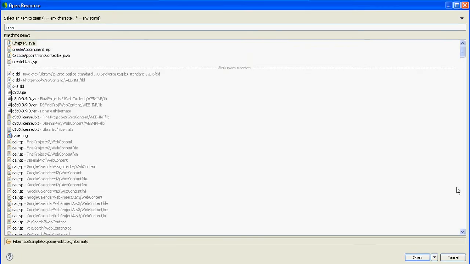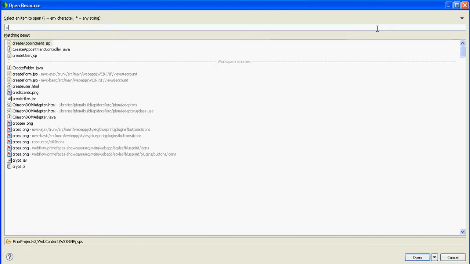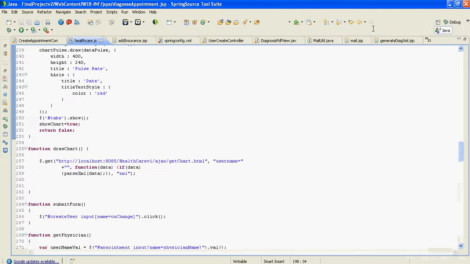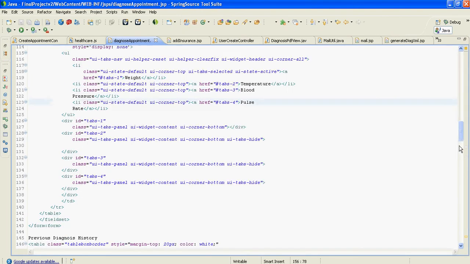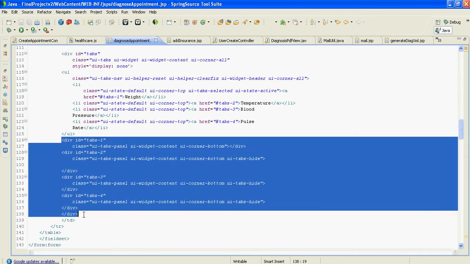This got generated on the create diagnosis page, the diagnose appointment. I've used a div tag here, in which I do the auto populating.